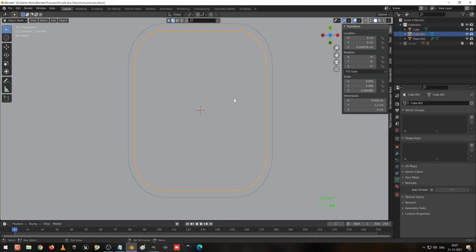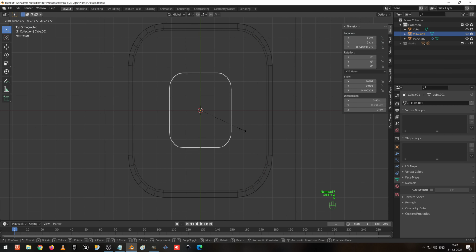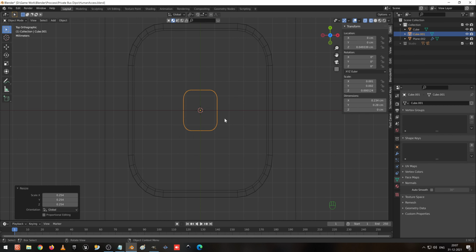So go to the top view, Shift Z and scale down, and G to move.